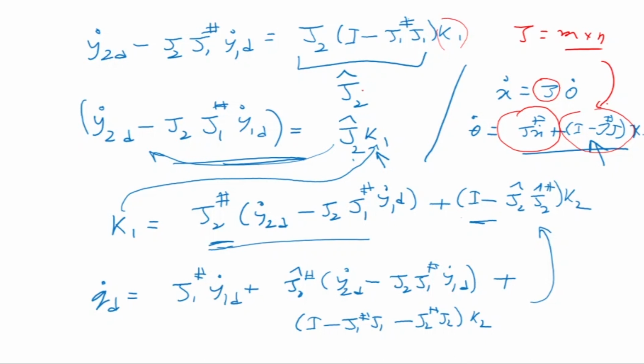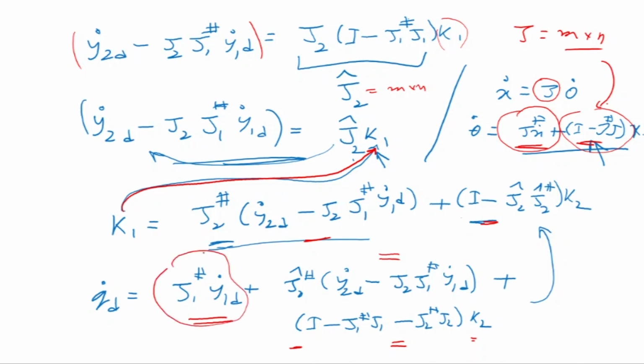So if I want the value of k1, this fellow is also non-square, m into n. So I take its pseudo inverse and bring it on the left hand side. Now if I do that, I'll get another two terms again, this plus that. So I'm getting one term here plus one term there. So I'm simplifying, and I'm getting this now. Then I'm taking the k1 and putting it back in there. So I've got my k1, and I'm putting it back there, and I'm getting it in terms of k2 now. Okay, so this is the one task, this is my secondary task, and this can be my tertiary task.